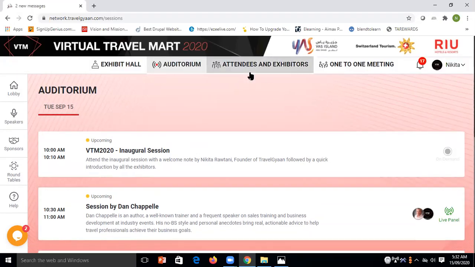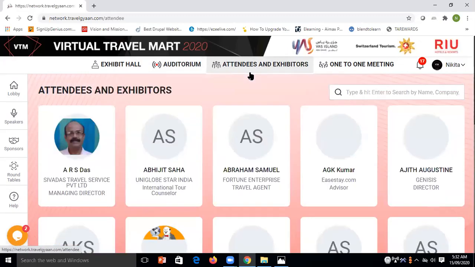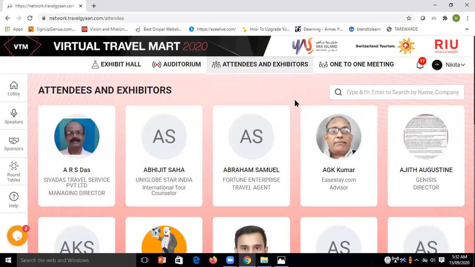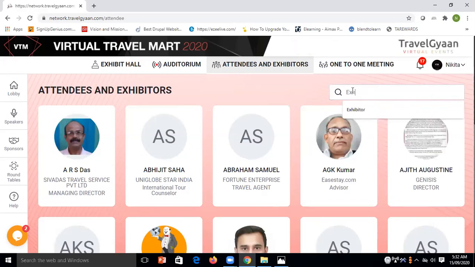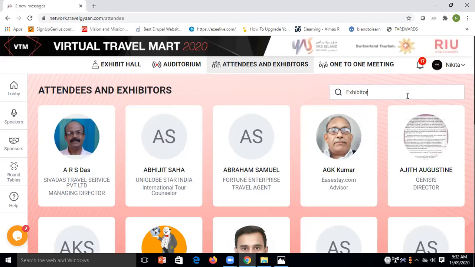Moving on, we go to the attendees and the exhibitor. This is where you will be able to meet all the exhibitors. Simply click on exhibitor, and the list of all the exhibitors will be prompted here.